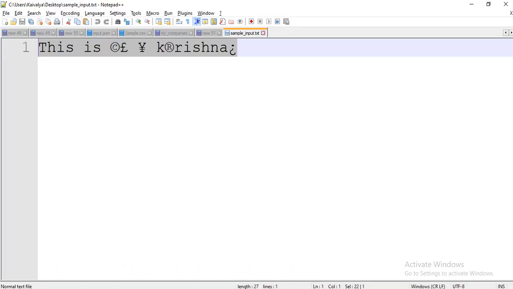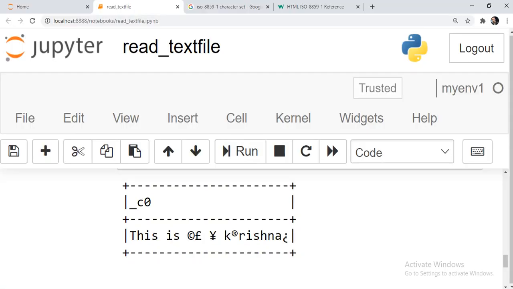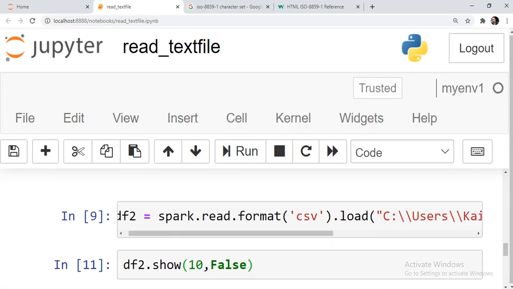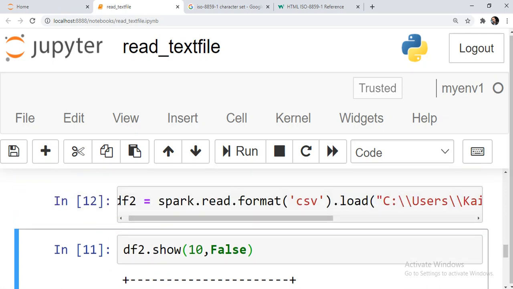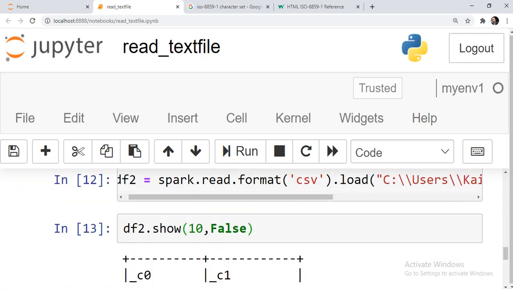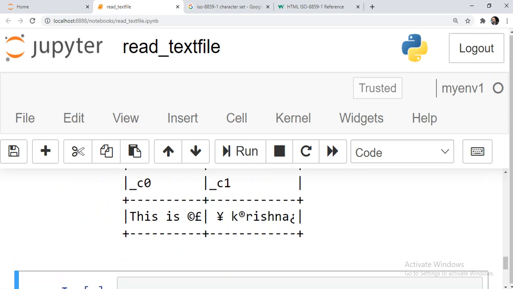So let us make one change, save it. I have included a comma. Let it read it again. See, now it split the same text into two different columns because comma is the default delimiter.